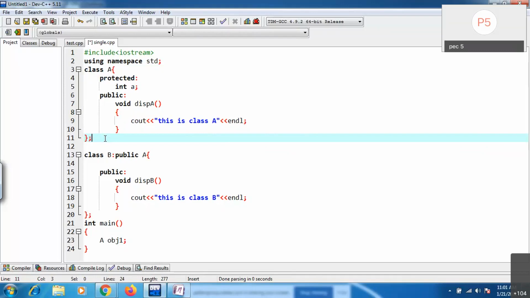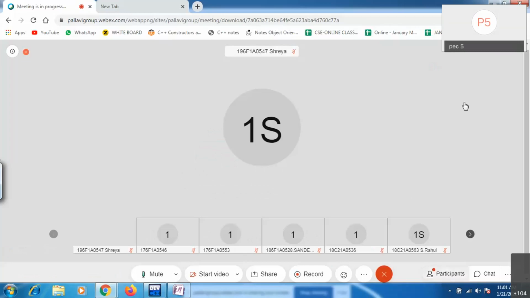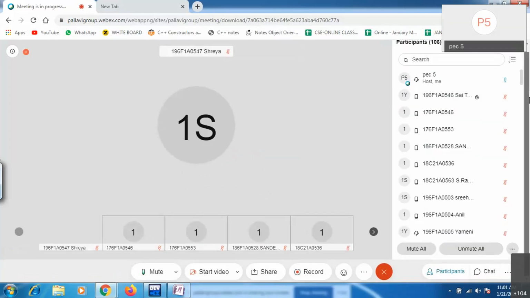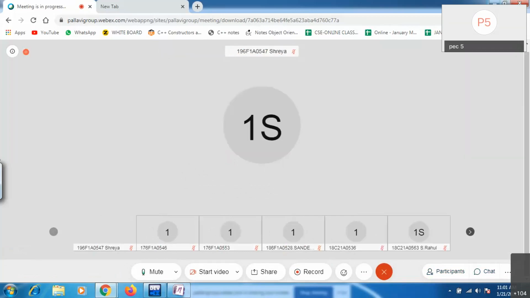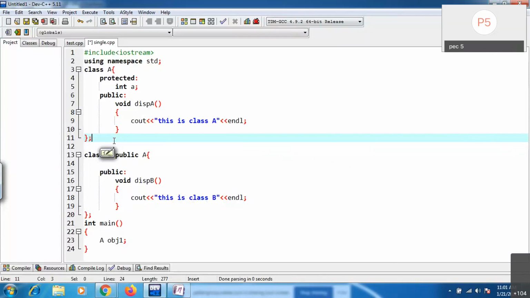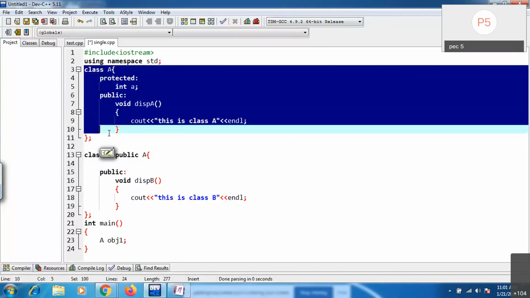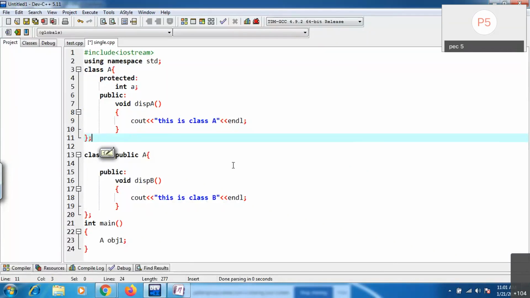Now tell me, can I create an object for this particular A? See, you have one class. For that particular class, can we create an object or not? That is my question. Yes, it is possible.